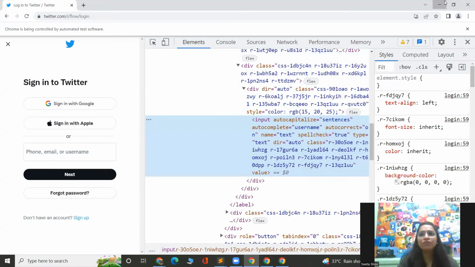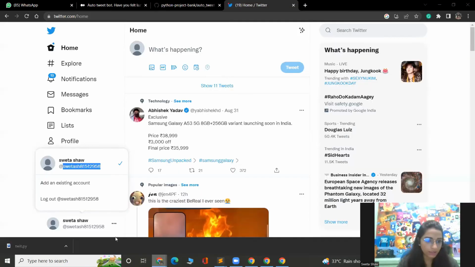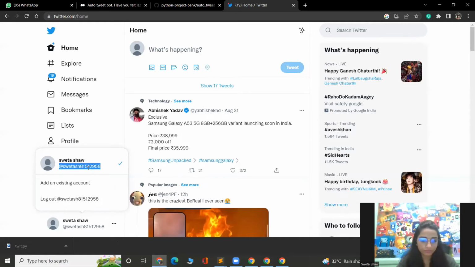For that, there is a very easy to use function, and let me first of all comment this part. Maybe we will use it later on. And the function is send keys, send underscore keys. This box is holding the email box for me. I'm just writing box dot send keys, and now whatever you want to send, you pass here as a string, as an argument. Okay, so let me quickly copy my username again